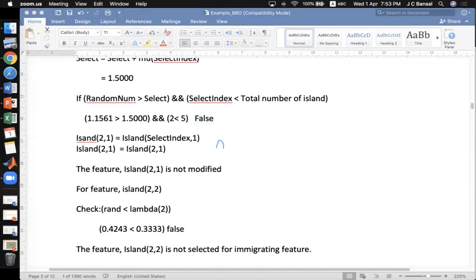we will consider this island 2 1 equal to island. You remember this island 2 1 was selected for the modification.